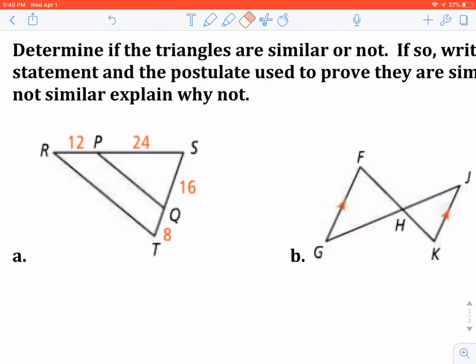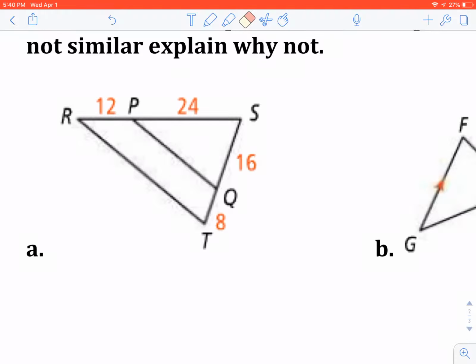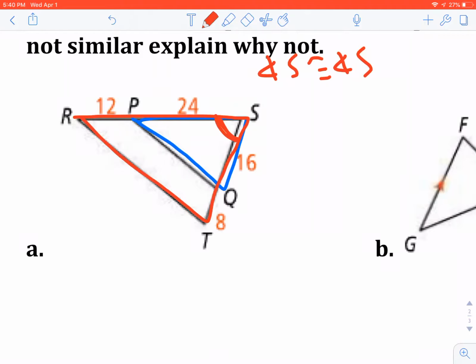So if we take a look at A, okay, the 2 triangles, this one is in blue, and this one we'll put in red. Both the blue and the red triangles share angle S. So we know that angle S is congruent to angle S. Okay? So if that's congruent to itself, I need to check to see if the sides are proportional. Well, the first thing I need to know is how long RS is. Well, RS' whole length is 36. So 36